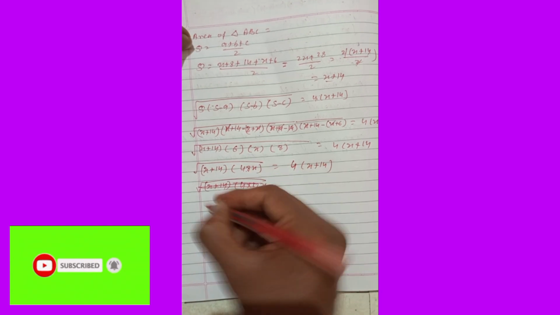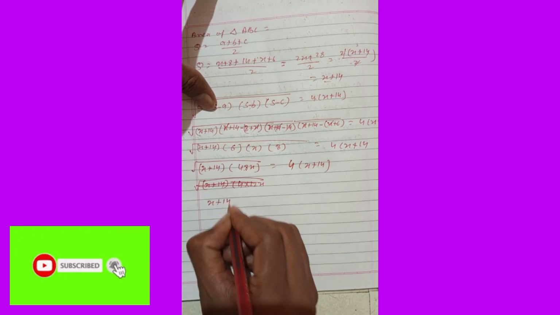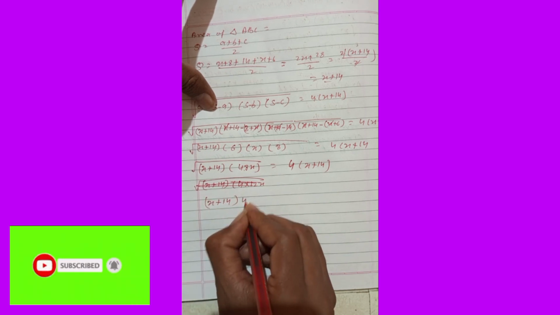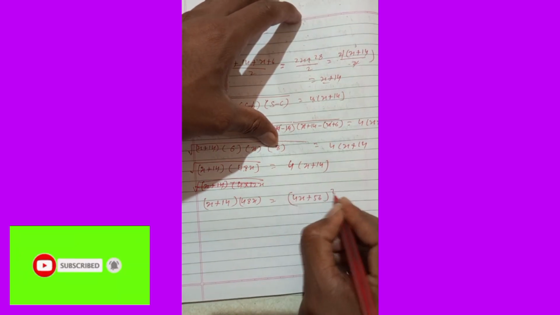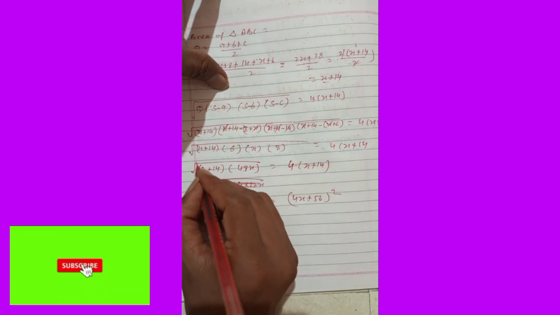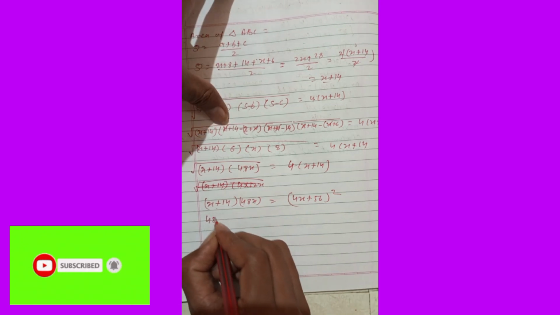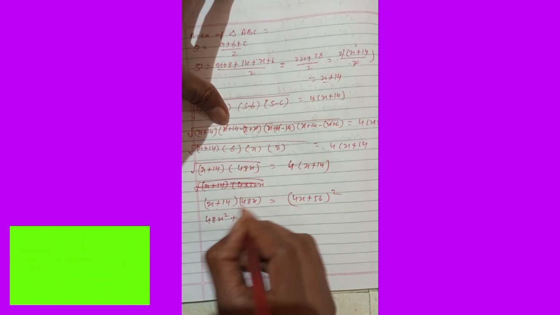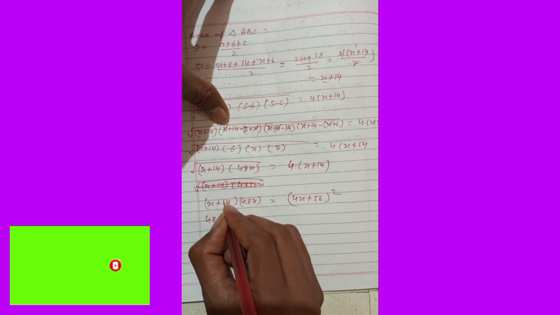Then another type, we are writing squaring on both sides. So this will become x plus 14 into 48x is equal to this one, 4x plus 56, and the total whole square. Total whole square means multiplied and written. Square done. This side root cancelled, this side is square upon. So we are writing this one. It will become 48x square plus 48 into 14.